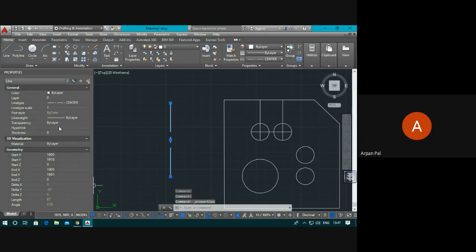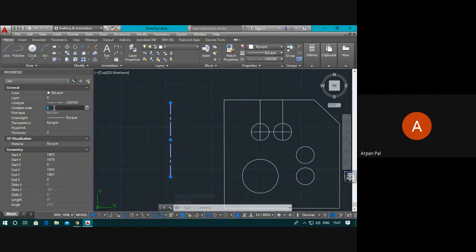Here there is an option. If you go, this is general, this is 3D visualization and all these things. This line type scale, if you make it 0.5 instead of 1, see what happens, the gap reduces.